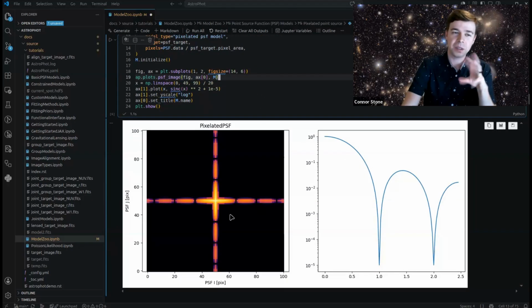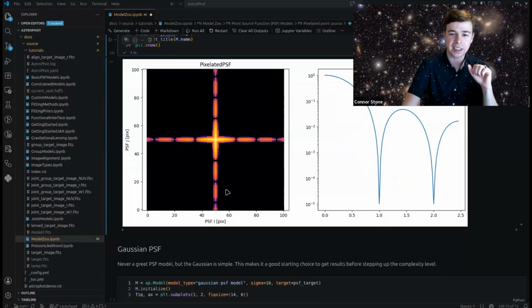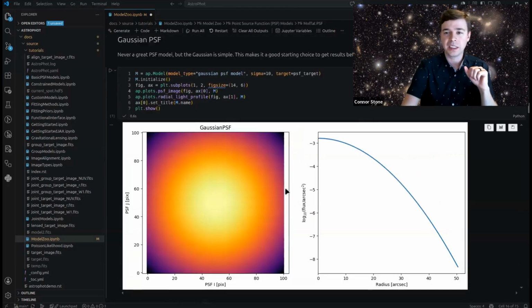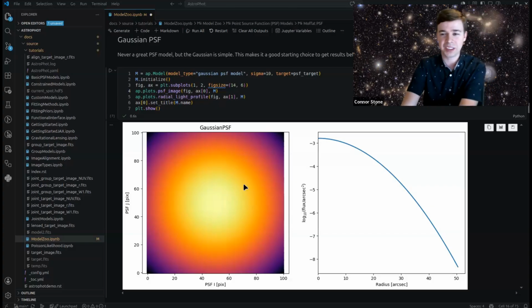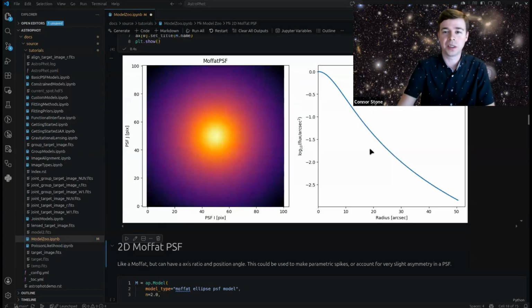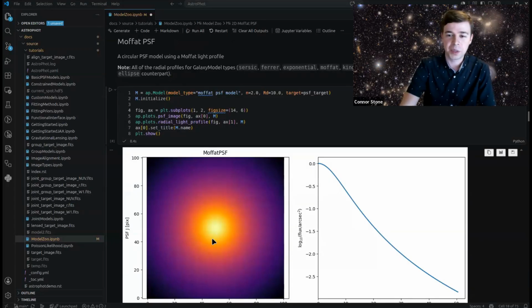Another possibility is that you use it to add some perturbation to a simpler PSF model that we'll look at later. So here is the Gaussian PSF. This is a pretty widely used standard first go at a PSF model. It's not necessarily the best choice in any individual scenario, but it's so easy, people take advantage of it. It's just a Gaussian blob, and that would represent your PSF. Moffat is fairly commonly used for ground-based observatories, but I'll stop here with all the different model types for PSF